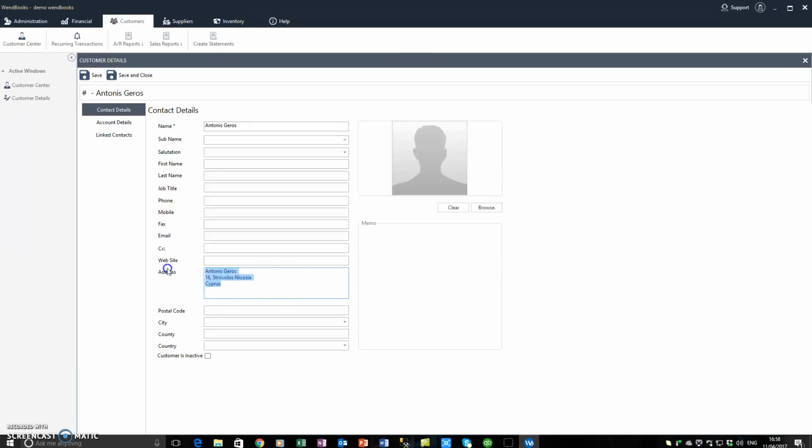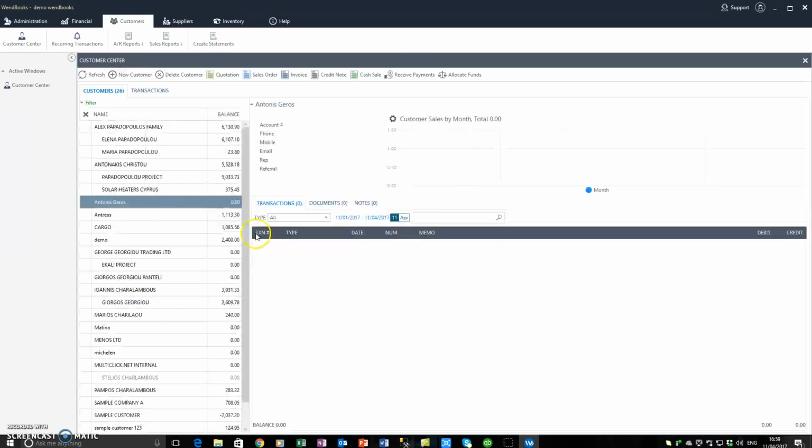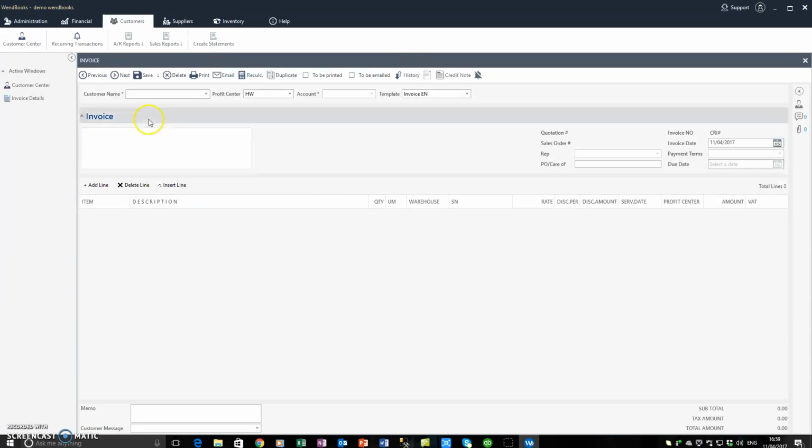Whatever you type inside here will be shown up on invoice and on printout as well. So save it, close, come back, click invoice again,